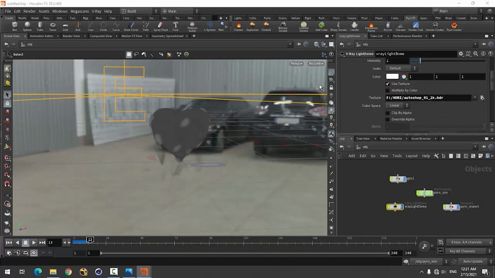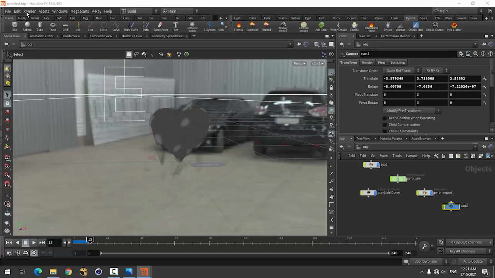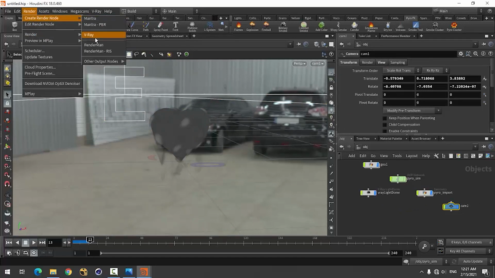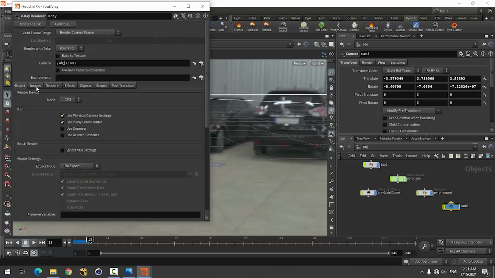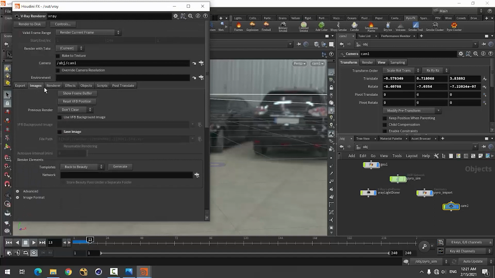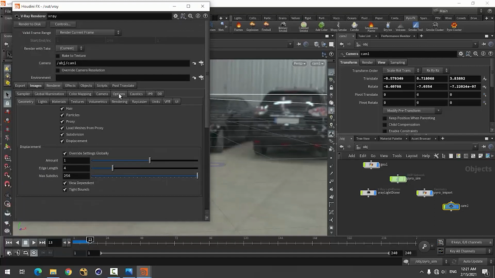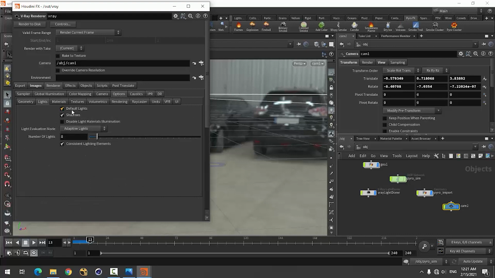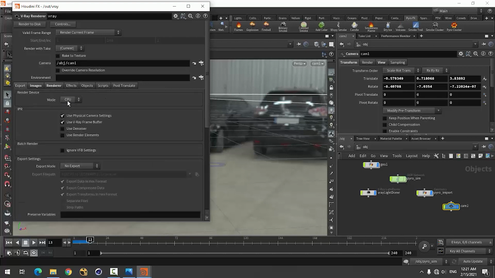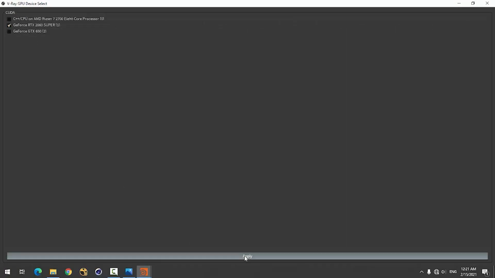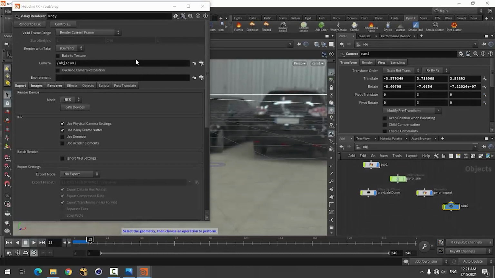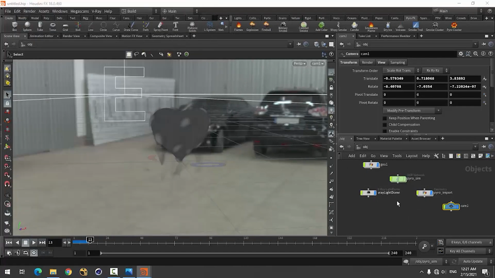Then use this camera, and I'm using V-Ray render. Okay, then in this option section, light, choose, uncheck this default light, and export. I'm using my graphic card, which is this one, and just